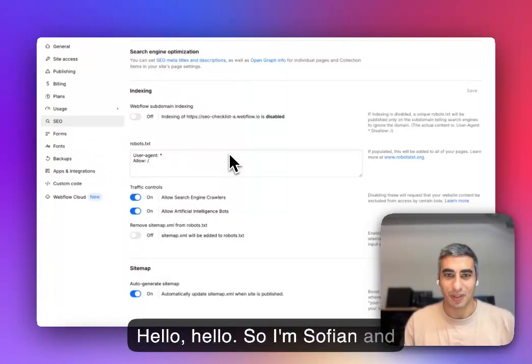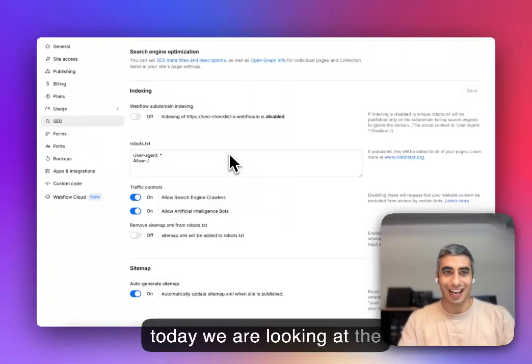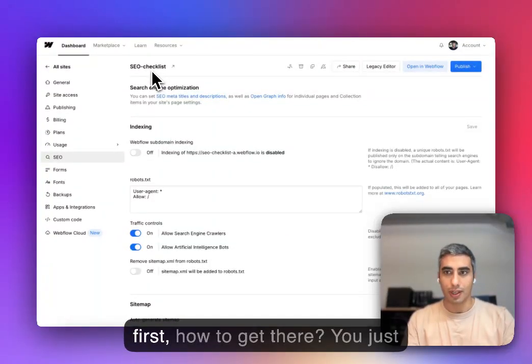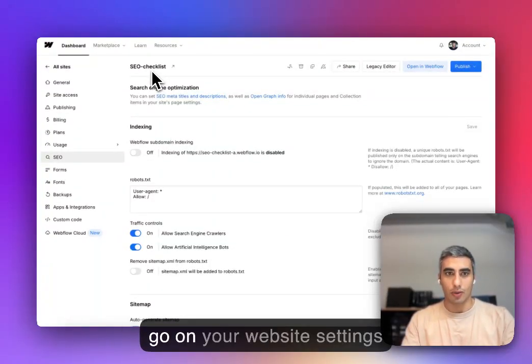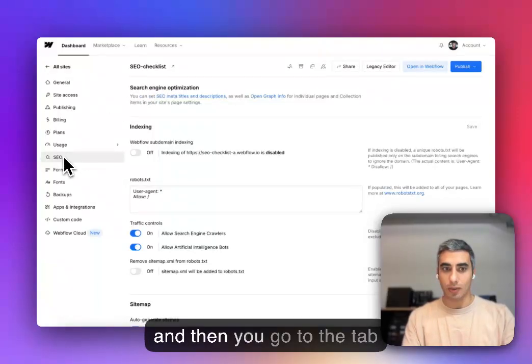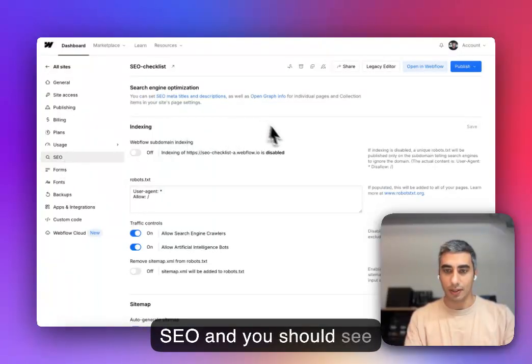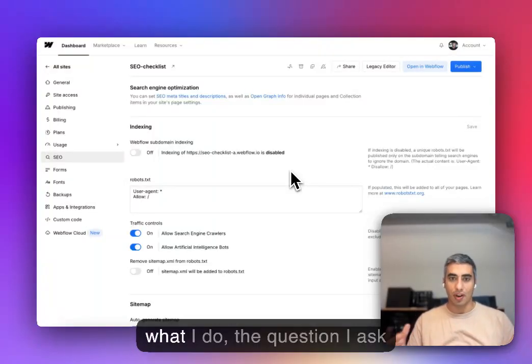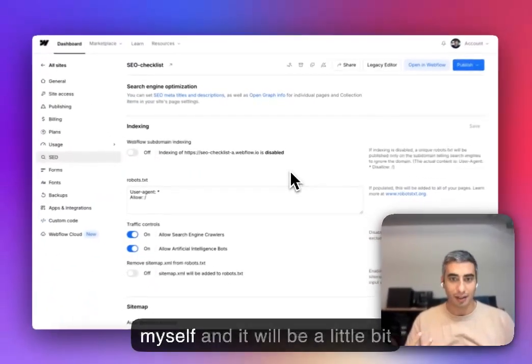Hello. So I'm Sofian, and today we are looking at the SEO settings on Webflow. So first, how to get there? You just go on your website settings and then you go to the tab SEO and you should see something like this. So today I just want to share with you what I do, the question I ask myself,